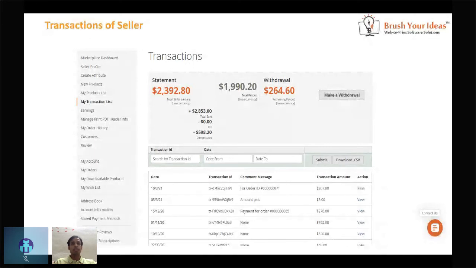So let's say I have defined a threshold: before $5,000, my vendors cannot generate a payout request from the backend, from the system. As soon as a vendor reaches $5,000 or more, they will be able to generate a payout request. That payout request will be available for the super admin. The super admin will approve that, and the amount will be deducted from his account and credited to the vendor's account. And this particular screen, the slide, you can see on my screen.